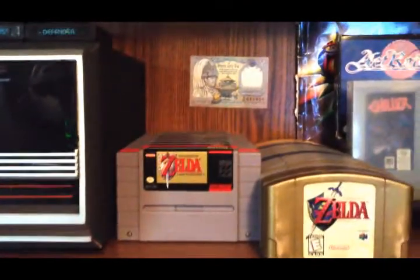So, moving on to the shelves, this is where everything's at. We'll start with this shelf. I'm actually running out of room. This used to just be my Nintendo only shelf, but it's been turned into my Nintendo, Super Nintendo, Nintendo 64, Atari shelf. So, just to go through here real quickly, we've got